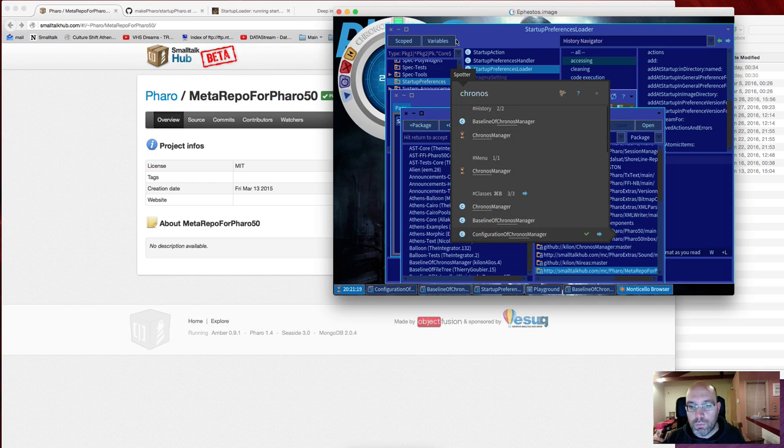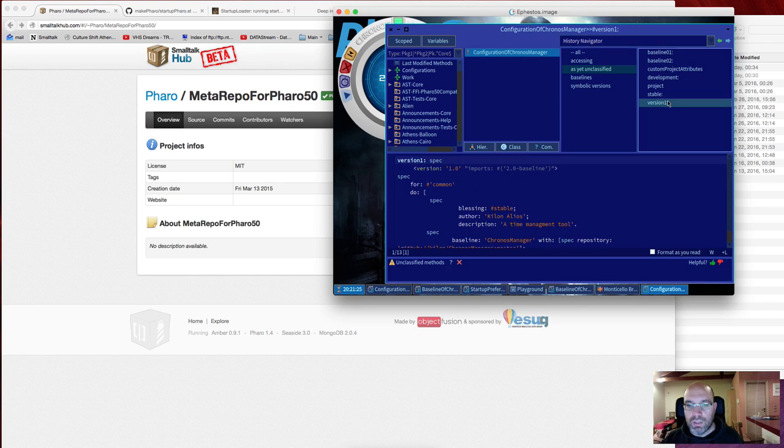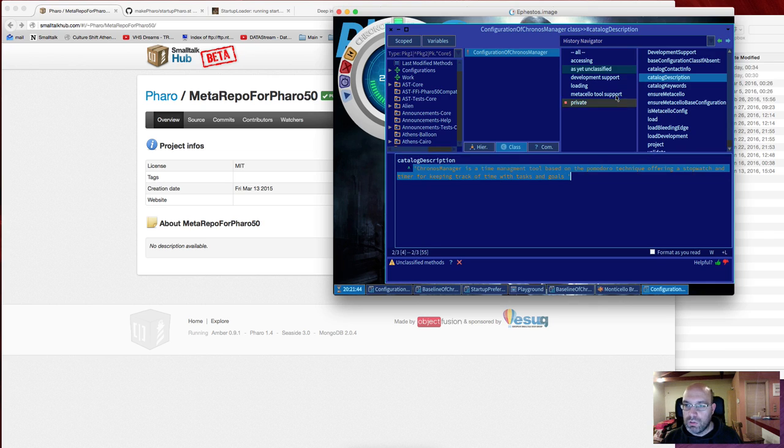Configuration of Kronos Manager. So you come here, object subclass. I think this one is version 1. I will not explain everything about how it works. As I said, go deep into Pharo to see it and take a look at my class. But usually the ones that are really important are this one and this one back there, contact. You see the contact info we sent here earlier on and the contact description, which are simple strings returned